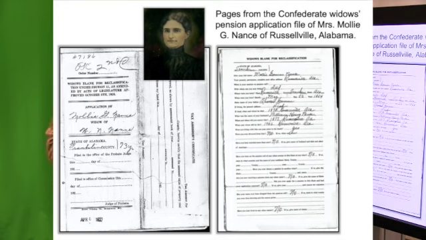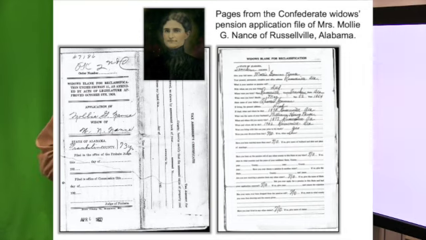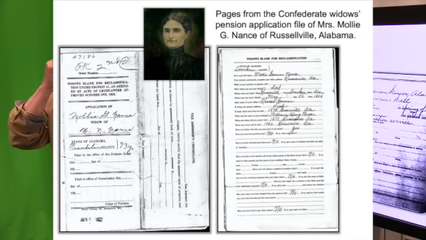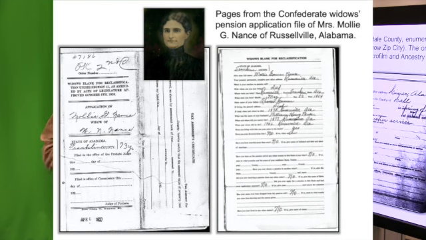So she could apply and not receive one. So even if they didn't receive a pension, it's still worth checking to see if anybody applied. There were several different classes of pensioners in Alabama, and to get money, you had to fit certain criteria. So again, the state governments are not just handing out money either.